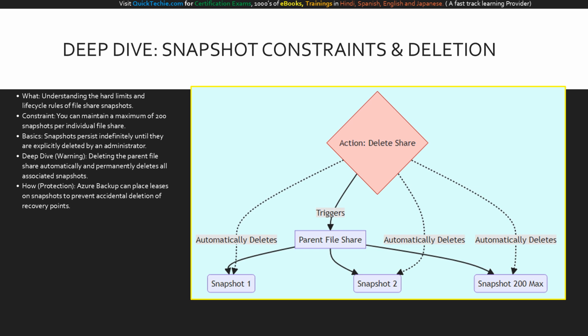This diagram illustrates the cascading deletion effect. At the top, our parent file share holds the maximum allowed 200 snapshots. If an administrator executes the action to delete the base file share, shown in red, the action doesn't just remove the share. The dotted lines show that the deletion command automatically cascades down, permanently destroying snapshot 1, snapshot 2, and all the way up to snapshot